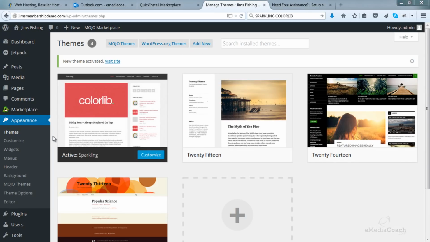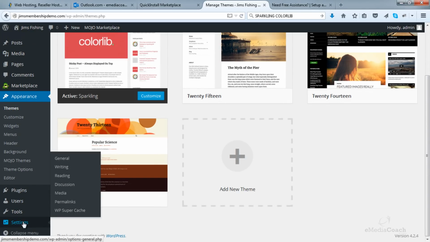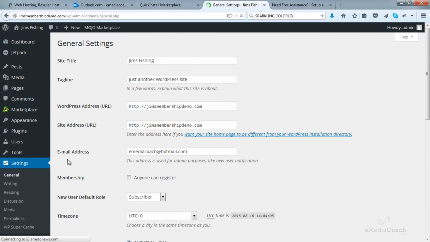Okay, so go down to Settings and click on General. You can actually change the site title, so name whatever you want your membership website to be named as. You can change that if you like. Remove anything in the tagline. And in this section here, WordPress address, after the second slash, just put www. And I'll show you why.